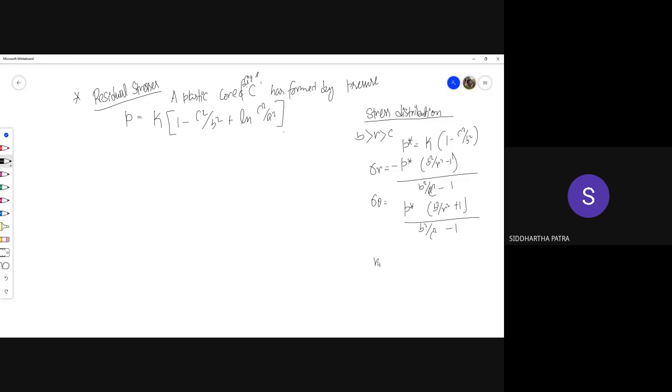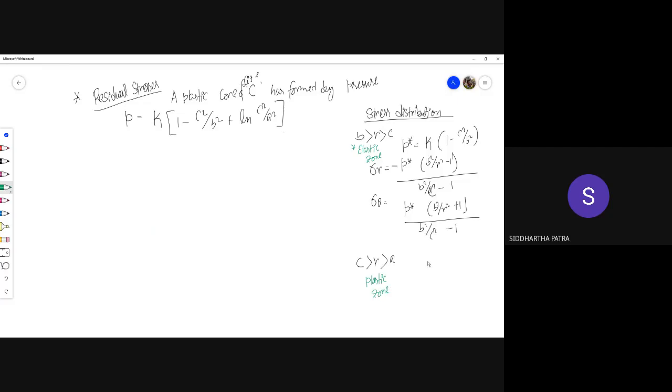Okay. And this is the stress state when R is between C and B. Okay, so this portion is the elastic zone, and then in the plastic zone